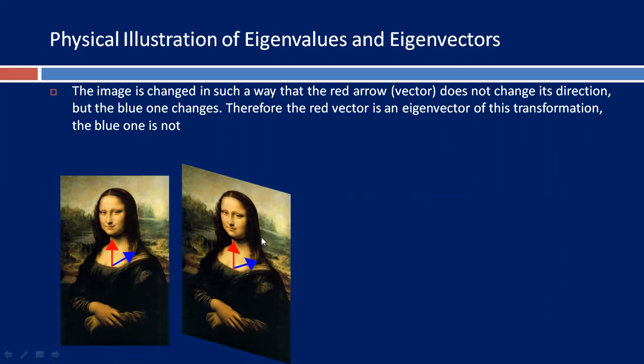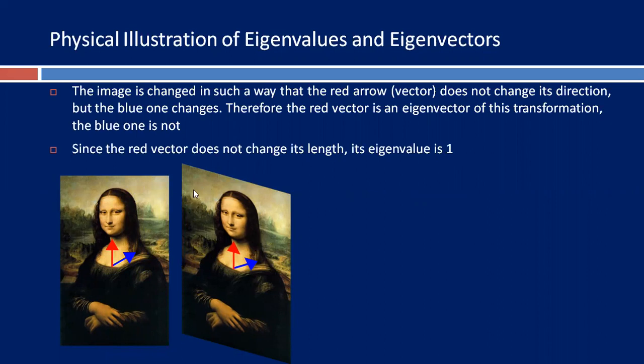so it is an eigenvector. So next we see, since the red vector does not change its length, its eigenvalue is 1. You see here, its length remains constant, just its direction changes. So by the change of direction, we estimate it is an eigenvector. But now here we have to find its length. In many cases the eigenvector can change its length, but here the length remains constant,